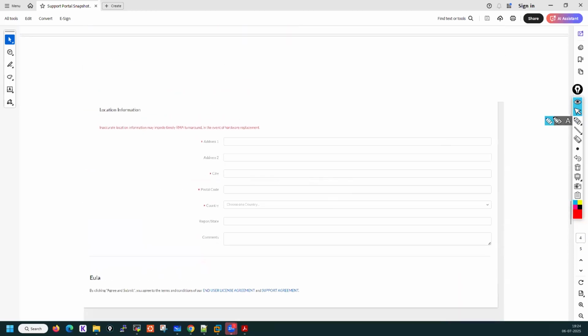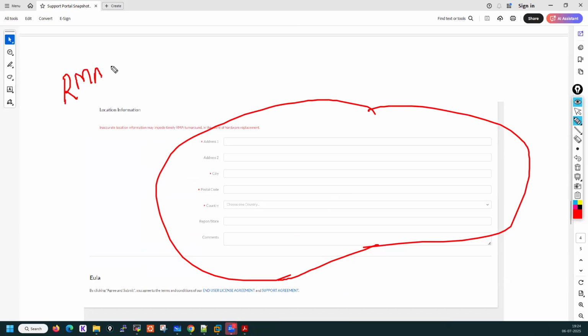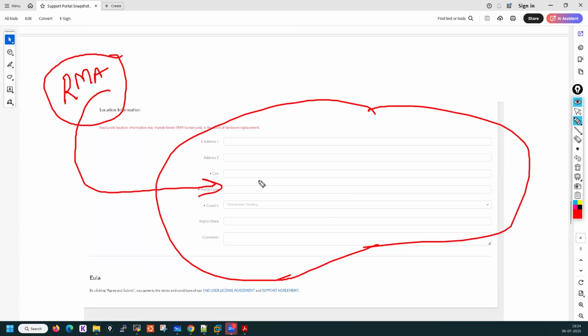Now guys, here always put the proper address. Now tell me why we have to put the proper address here. Let's suppose you did the RMA of your device. Now when Palo Alto delivers a new box, they will deliver it to this location. And if you have put the wrong address, then your device gets delivered to the wrong location. And what will happen? Let's suppose in Delhi, you have your data center in Nehru Place, one location,